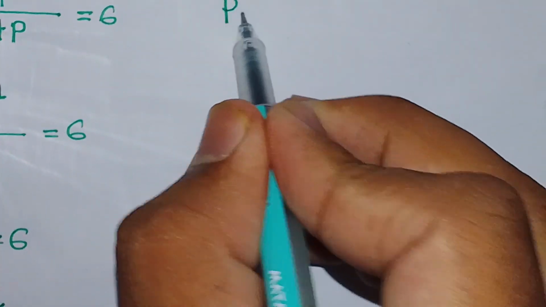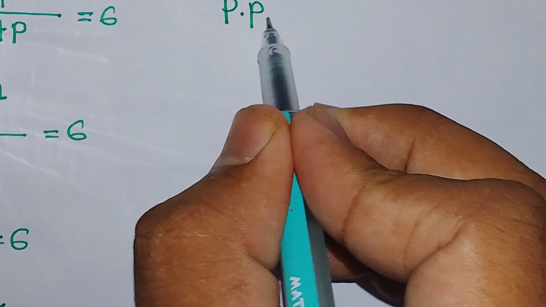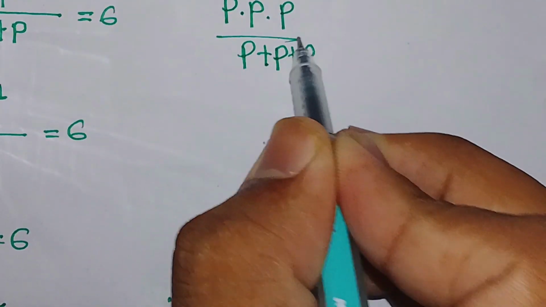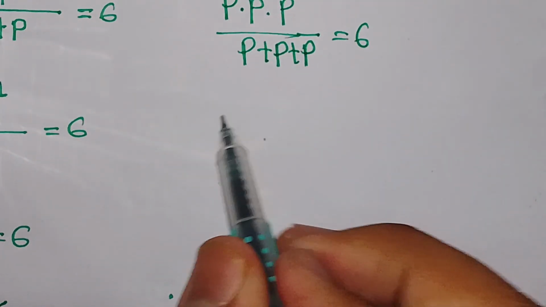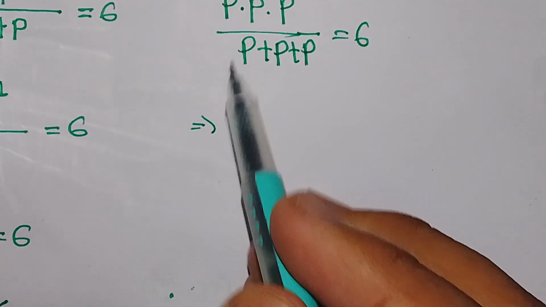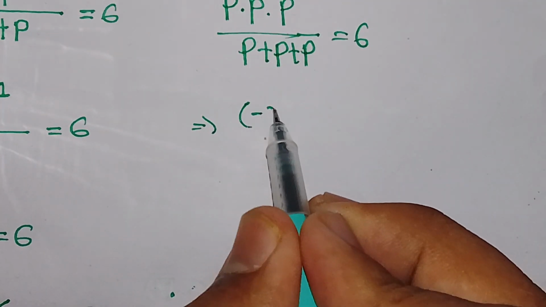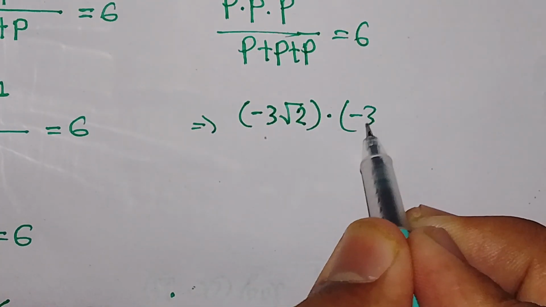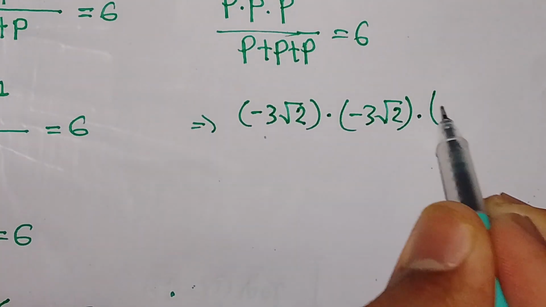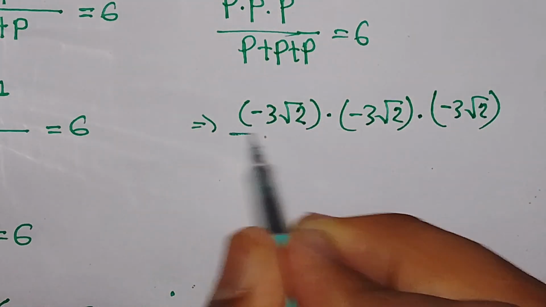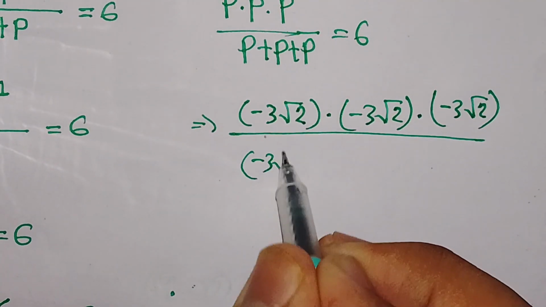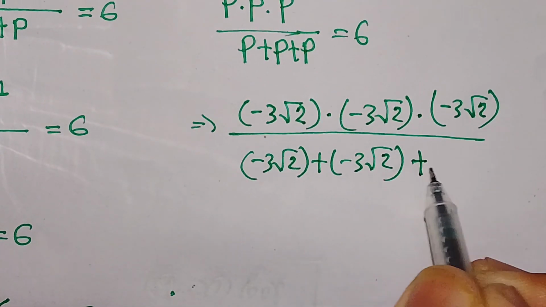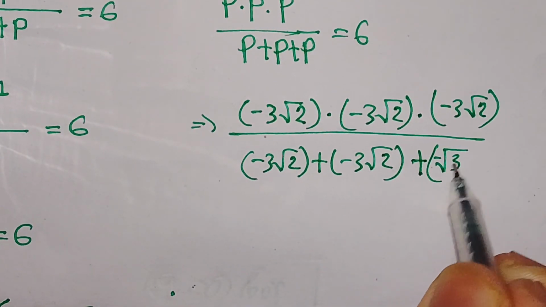So we can write the equation was like P times P times P divided by P plus P plus P equals 6. So here we just replace the P value: take minus 3 root 2 times minus 3 root 2 times minus 3 root 2 divided by minus 3 root 2 plus minus 3 root 2 plus minus 3 root